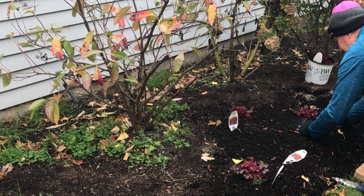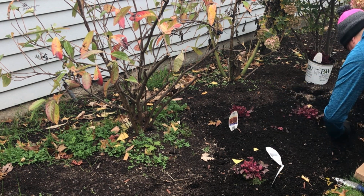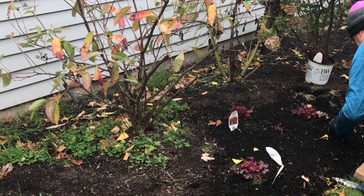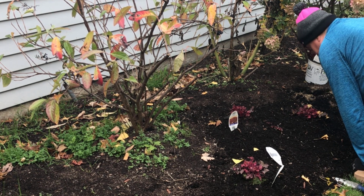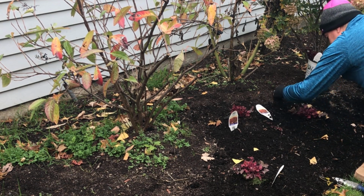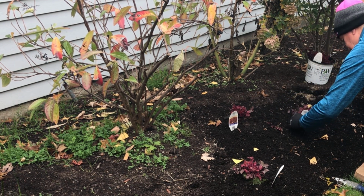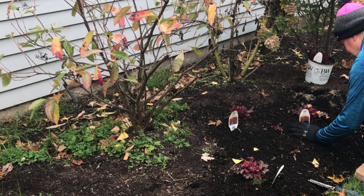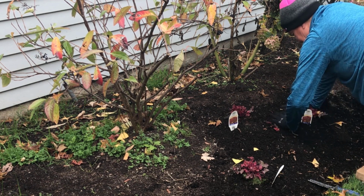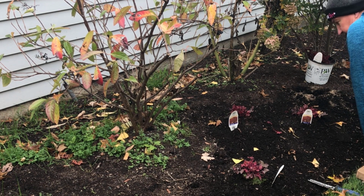Several people asked about my soil. Here in Northeast Ohio, in my neck of the woods, our native soil is clay. And I mean heavy, thick, muddy clay with shale mixed in with it. So what I do